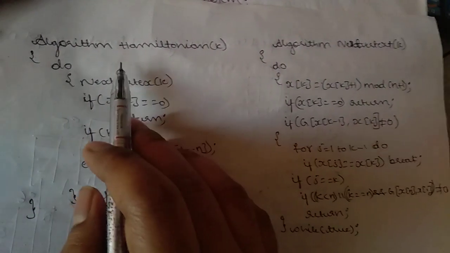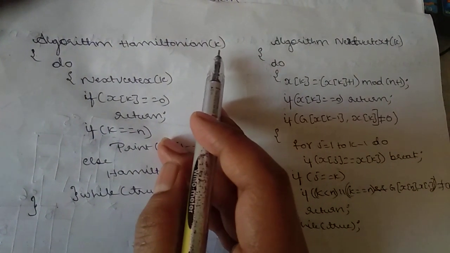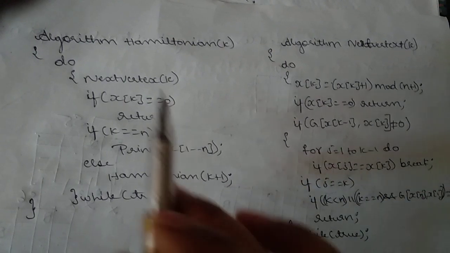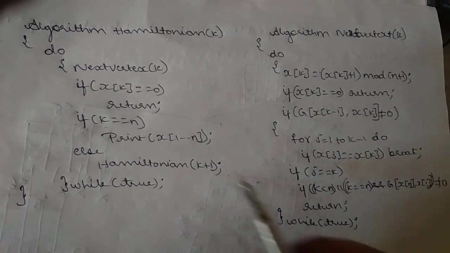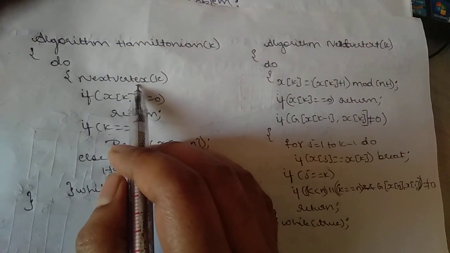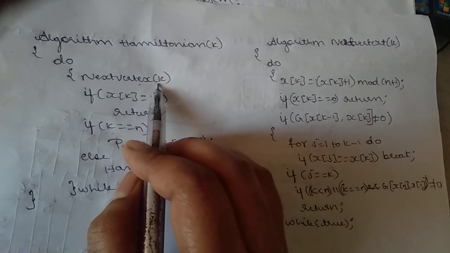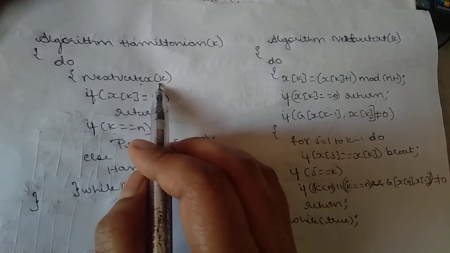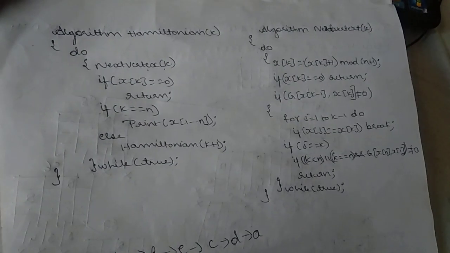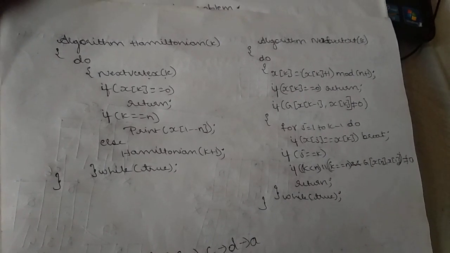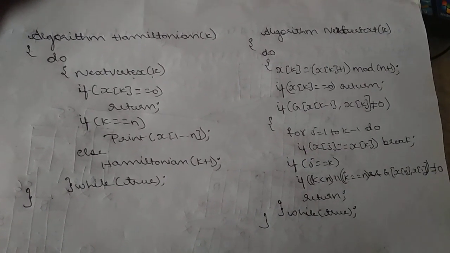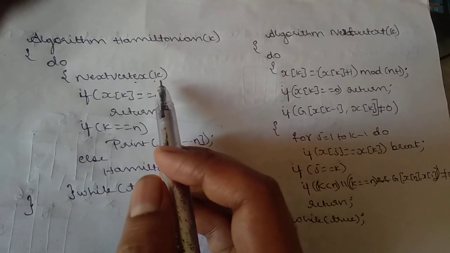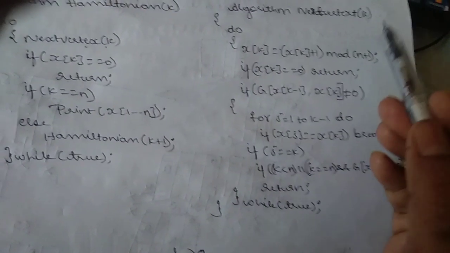Now I'll just tell you what this algorithm is going to do. See, algorithm Hamiltonian of K. This is to print the cycle. The actual code is present in next value of K. That is the next vertex you have to find out. K is the source vertex you have to take. Here, the vertices A, B, C, D, E, F will be taken as 1, 2, 3, 4, 5 and 6 for this algorithm's sake. Next vertex of 1, because the source vertex is 1, is it not?